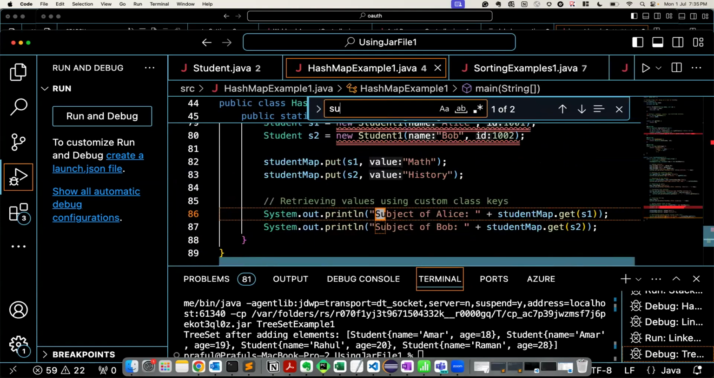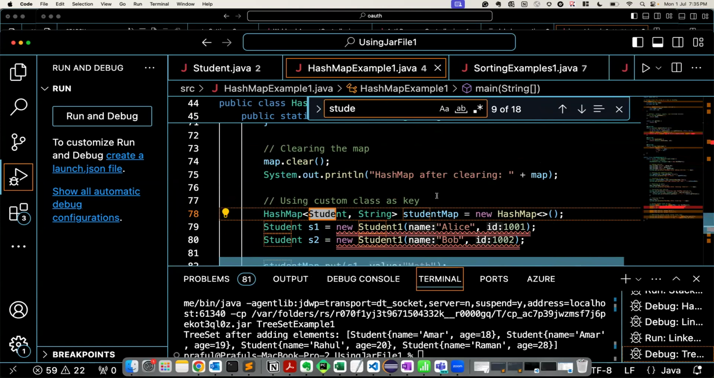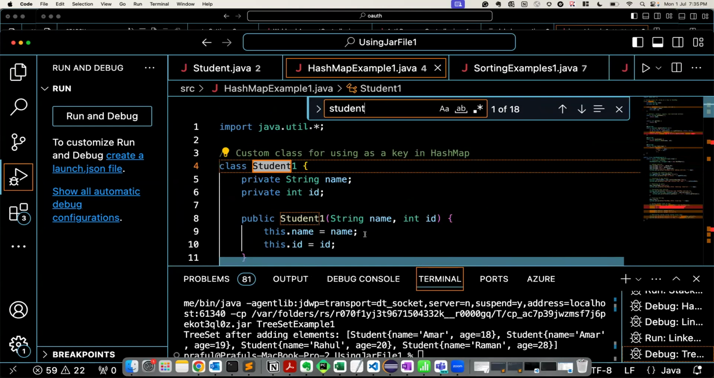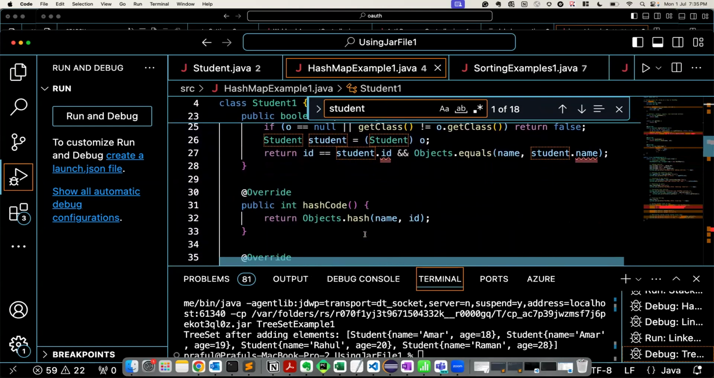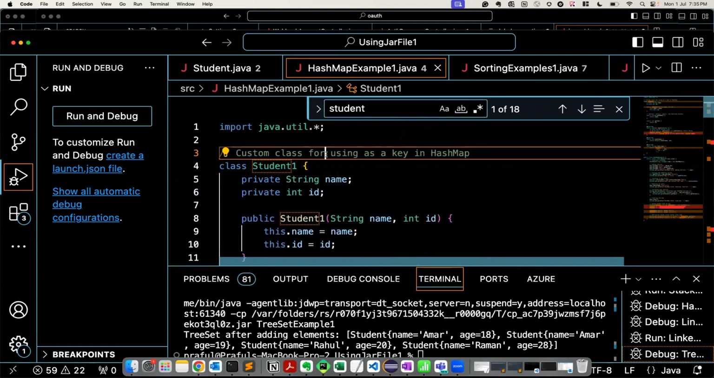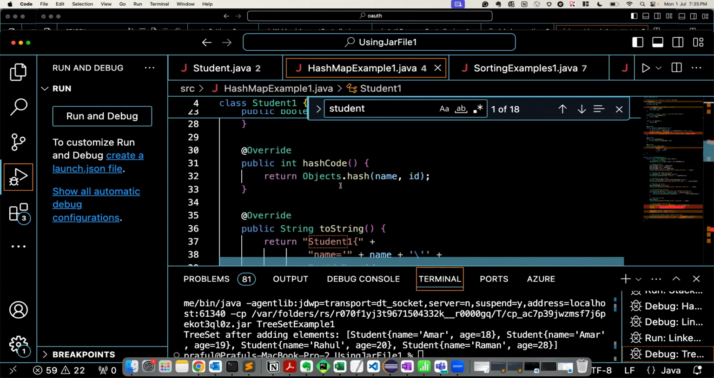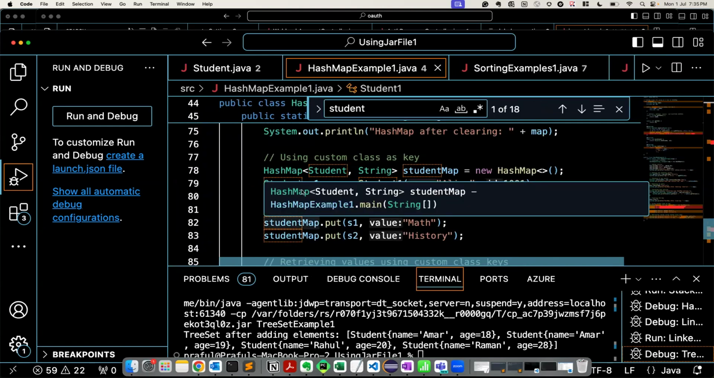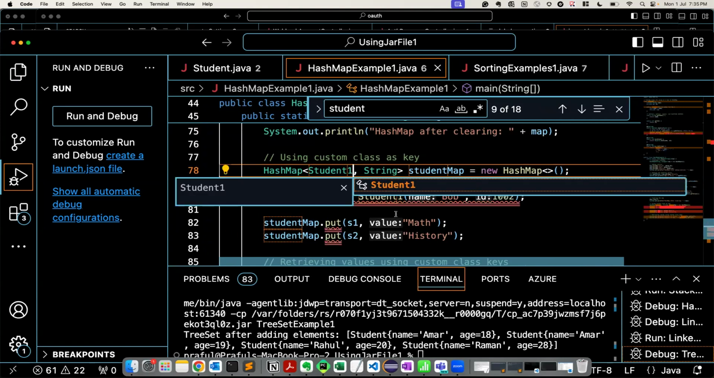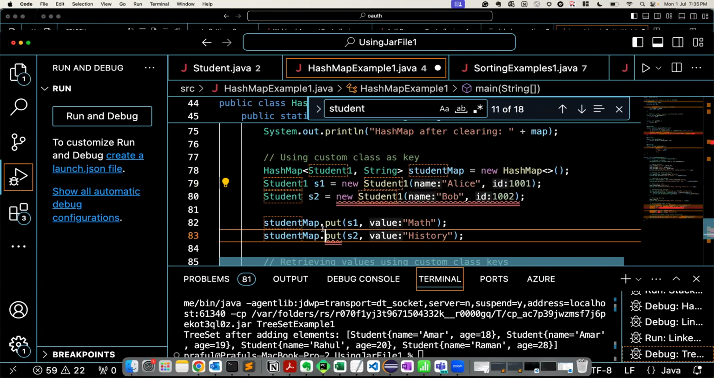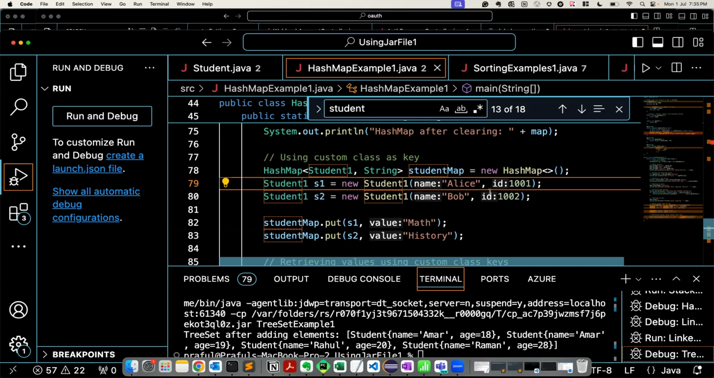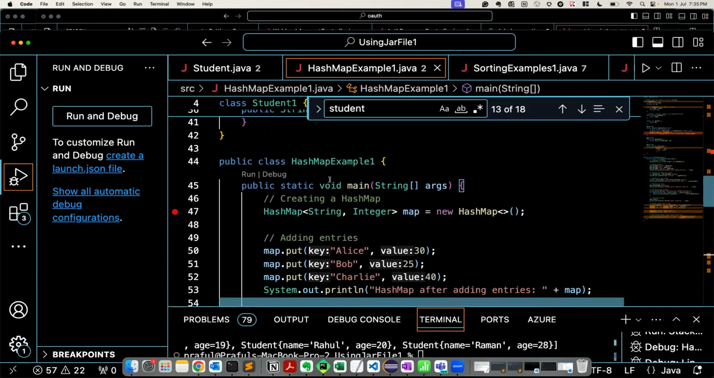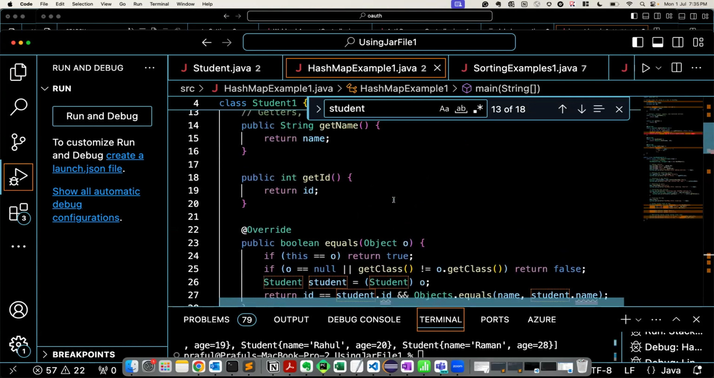See what I'm doing. Why is it failing? Because the reference is incorrect. Okay. Now see what I'm doing, creating a hash map, and in the key,